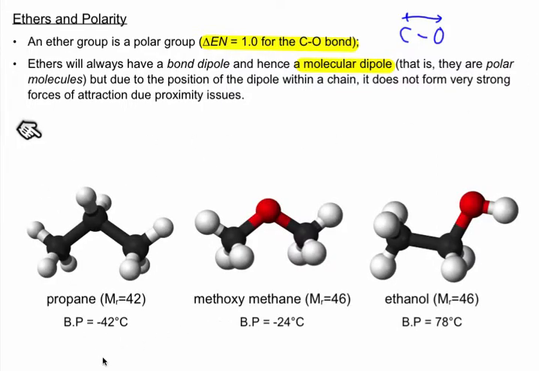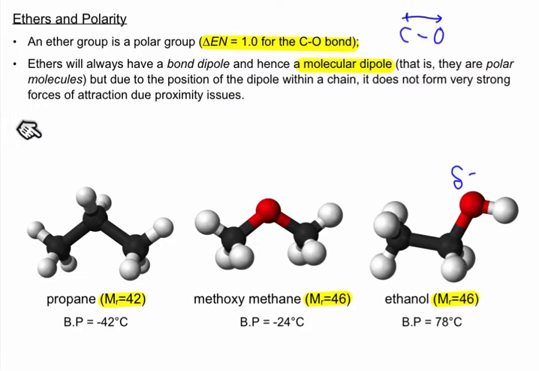And just to compare here, so here's our propane nonpolar molecule. I'll just draw one thing to your attention. All the molecular masses are about the same. So relative molecular mass between 42 and 46 for these 3 different molecules. That removes one reason why boiling points would be different. So now we're just looking at functional group here. So again, propane with no polar groups, very low boiling point, minus 42. Ethanol we talked about last time. Polar molecule, that's a very strong molecular bond dipole, so strong molecular dipole, so ethanol has a high boiling point,